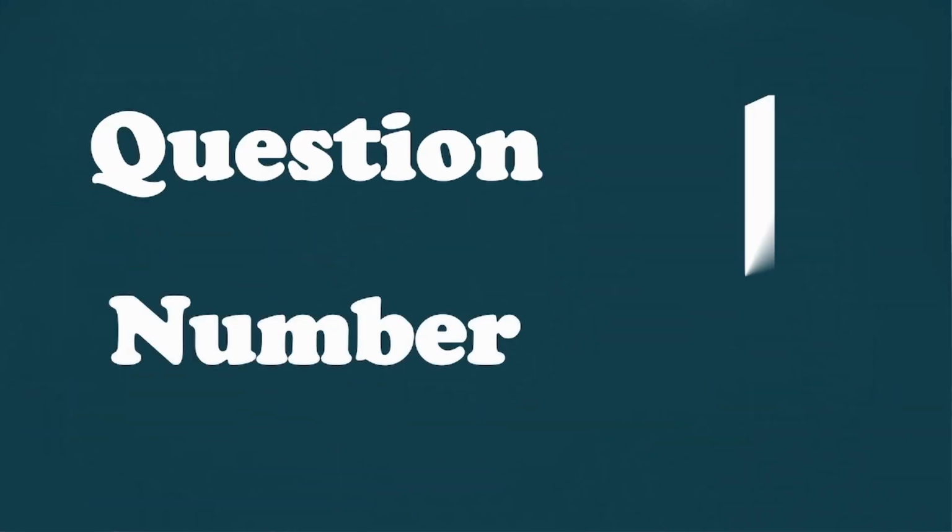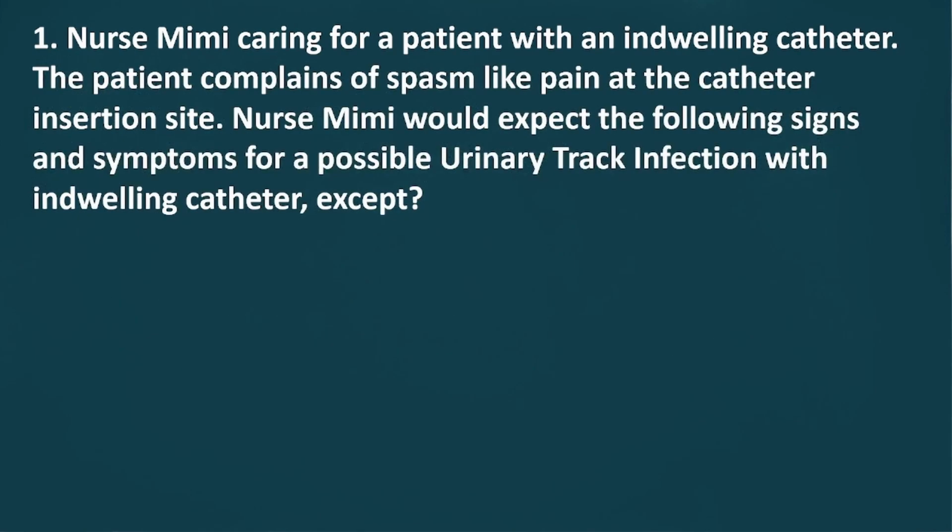Question number 1. Nurse Mimi is caring for a patient with an indwelling catheter. The patient complains of spasm-like pain at the catheter insertion site. Nurse Mimi would expect the following signs and symptoms for a possible urinary tract infection with indwelling catheter, except: